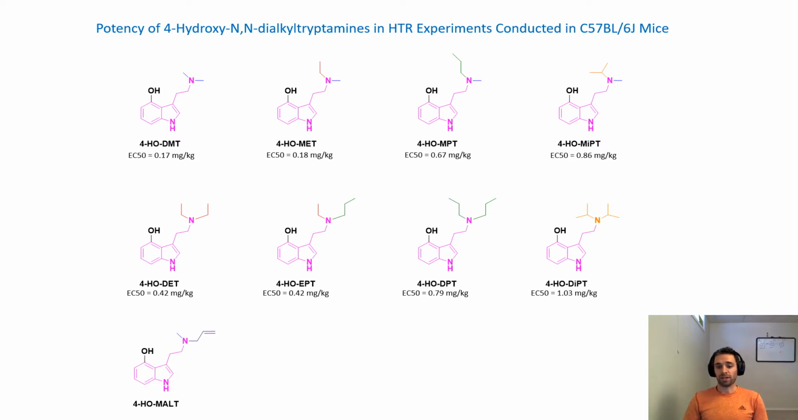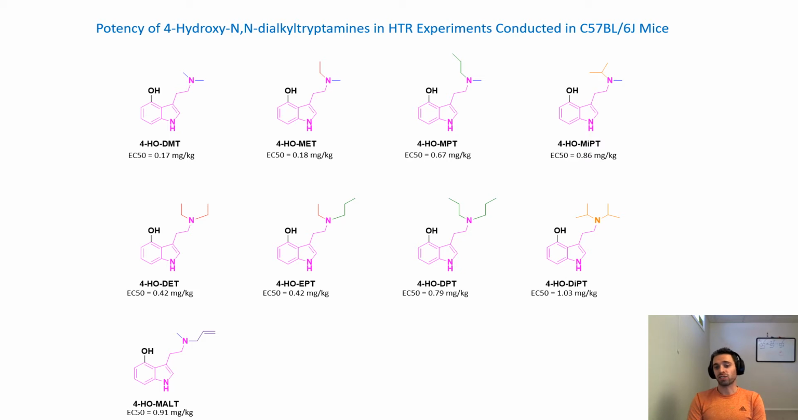The last drug they measured was 4-HO-MALT. This is basically if you take one of the methyl groups, change it to an ethyl, and then put a terminal alkyne on there. This compound, 4-HO-MALT, has an EC50 value of 0.91 milligrams per kilogram. I was kind of surprised by this because I would have thought that 4-HO-MALT and 4-HO-MPT would have had very similar